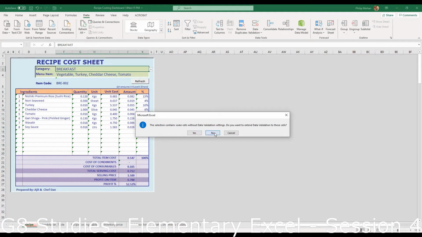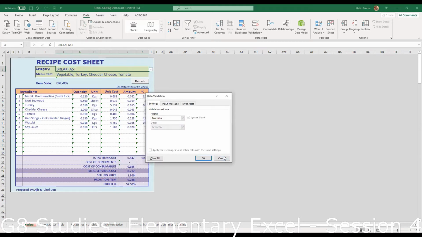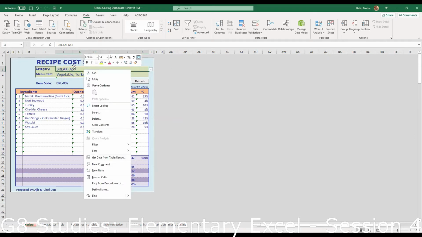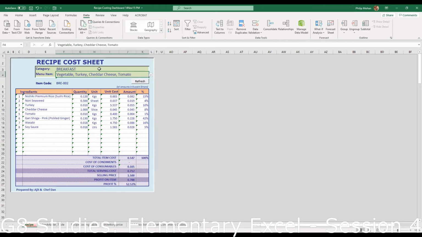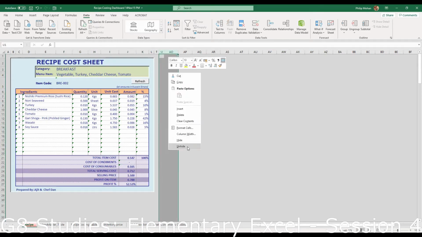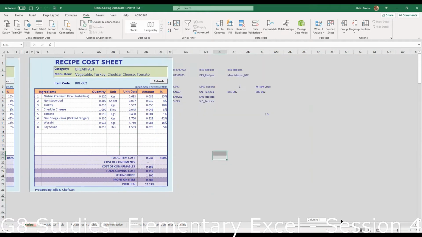No. Okay. This is supposed to be coming from somewhere. I don't know where it's coming from. Validation input. Am I disabled macros or something? Okay, I've got some hidden columns. There's just two of them.